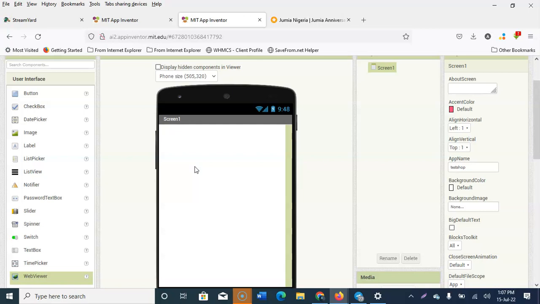The first is go to the site and copy the URL. That is the domain name. Once you copy it, you come back to the App Inventor and then